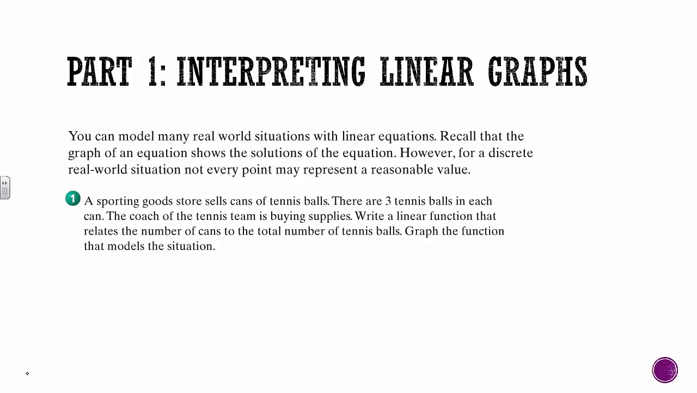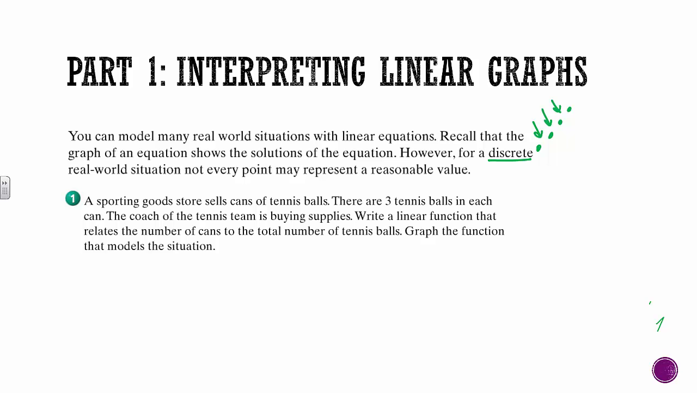Recall that a graph of an equation shows you all of the solutions. However, for a discrete real-world situation, not every point may represent a reasonable value. So remember we talked about the difference between discrete and continuous. Discrete is when you would just have points that could make a line, but you don't connect them because it doesn't make sense to have whatever values are in between here. It has to do with when we're counting things or people that we can't cut in half or in fractions